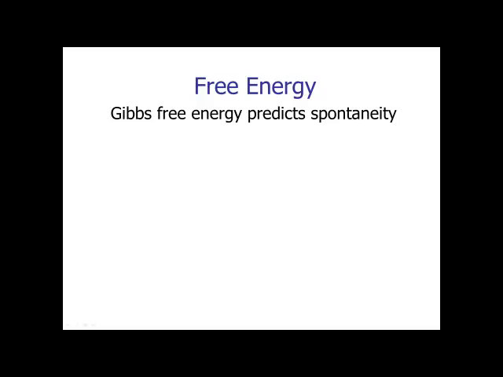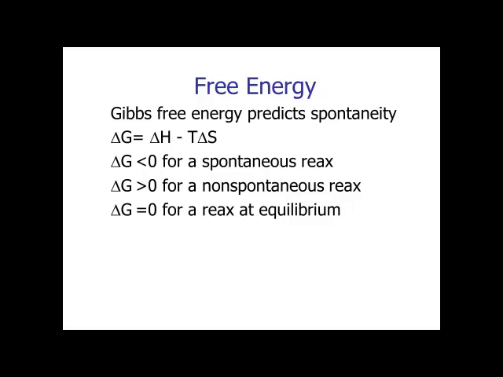Free energy. Gibbs free energy predicts spontaneity. We use the symbol delta G for the Gibbs free energy. It equals the change in enthalpy minus the absolute temperature times the change in entropy. Delta G will be less than 0, that is negative, for a spontaneous reaction. Delta G will be greater than 0, positive, for a non-spontaneous reaction, and delta G will equal 0 for a